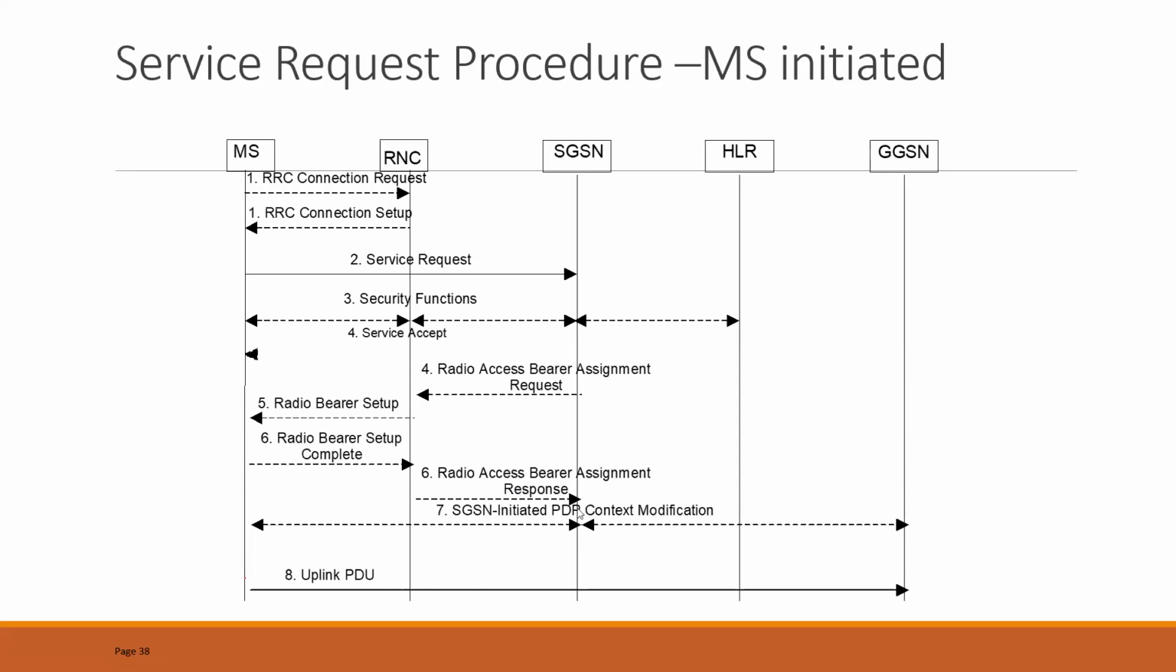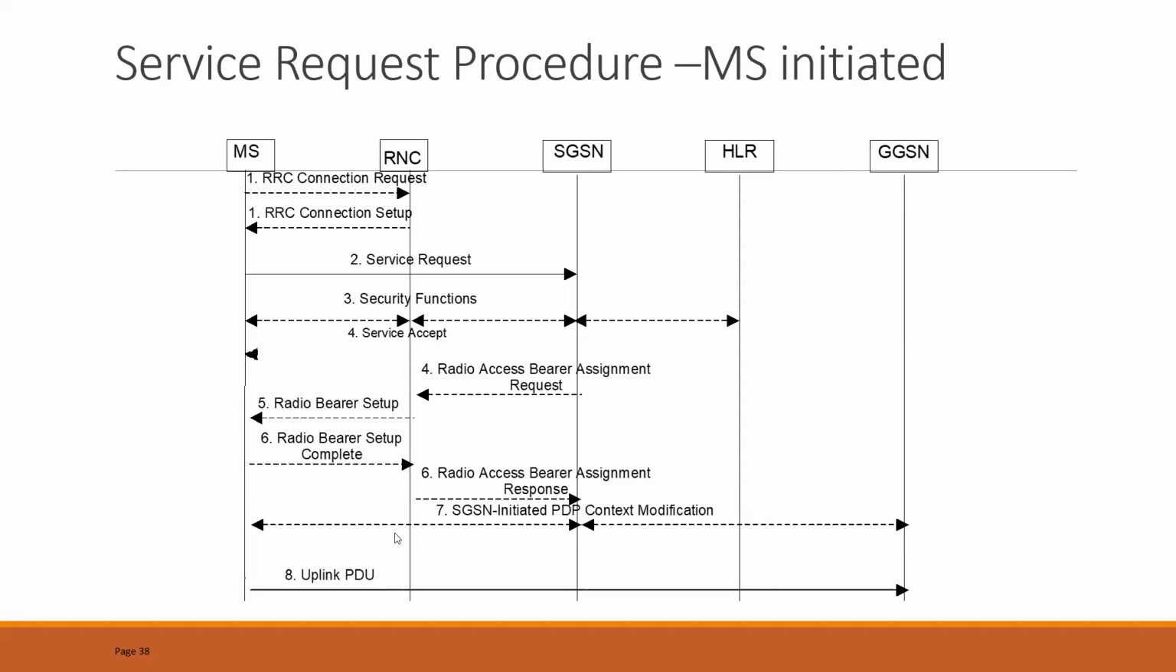So if your RAB ID is changed, in that case, you will have a PDP context modification where it will inform the GGSN that the RAB ID has changed and maybe the RNC has changed as well. So your PDP modification is done. The GGSN is informed of the new radio bearer ID. And once that information is complete,